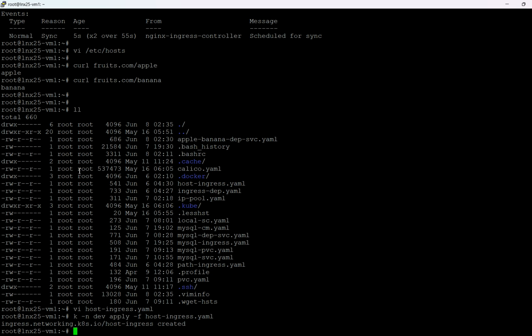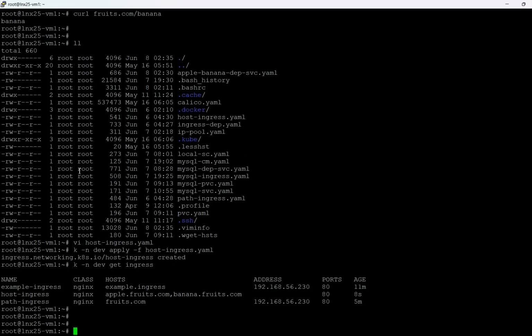Same thing like kubectl apply. Let me check the ingress. Get ingress, you can see another entry is there. Okay, there are two entries. If you describe this one, describe ingress,